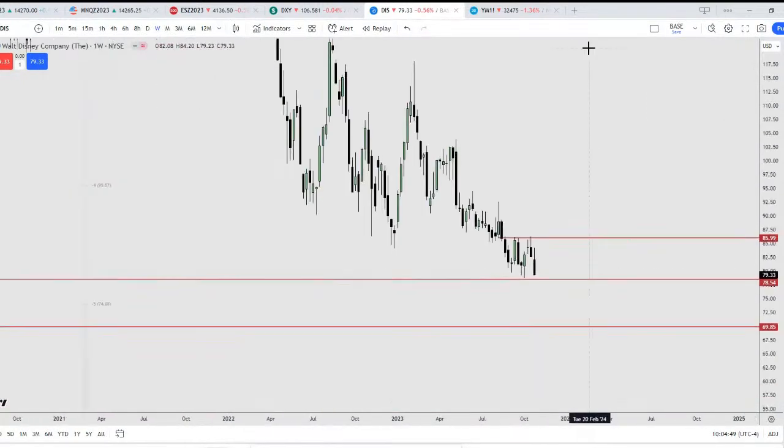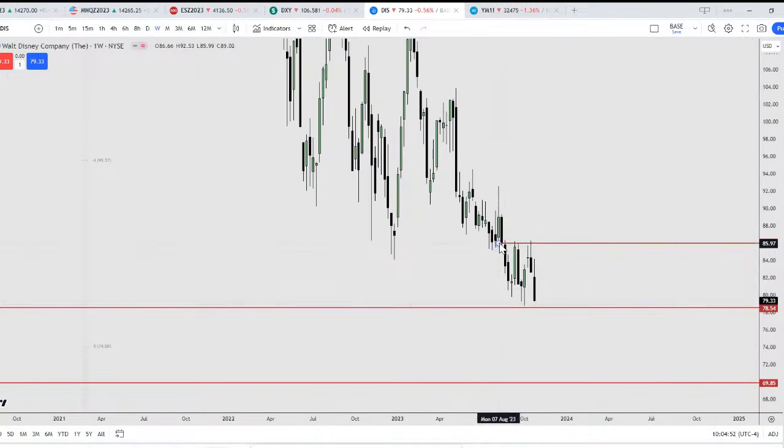Right, so as I've mentioned, I do not want to see price trading above this order block. I mentioned it many weeks ago. So right here it came back up, swept this liquidity, this swing high, and now we run it back down. Below this low, I want to see speed into the fifth standard deviation, which would be around 74.08. That's the price level for Disney. As long as it stays below this order block here, I am bearish for Disney.